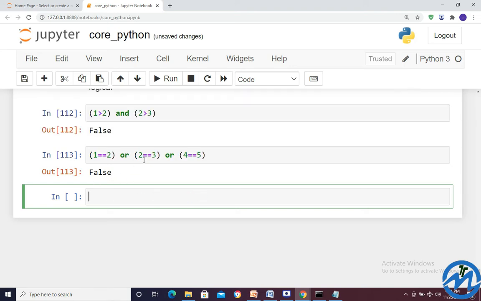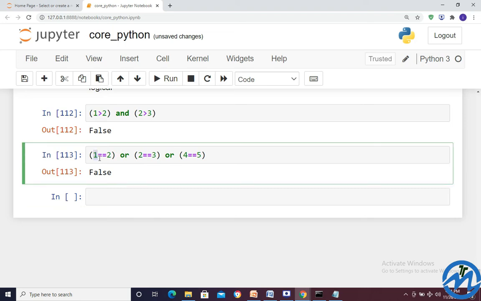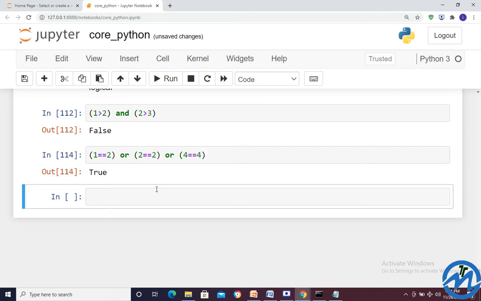Enter. False. So why I got the false? Because it has not true, and not true, false. Suppose if I am giving in this manner 1, 2, 2, 2 and 4, 4. Enter. 2. Right?